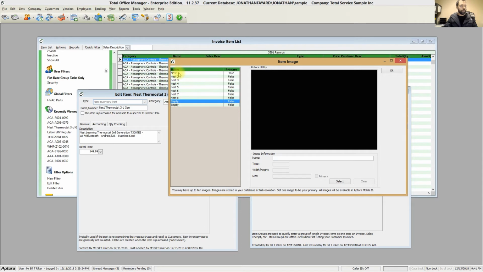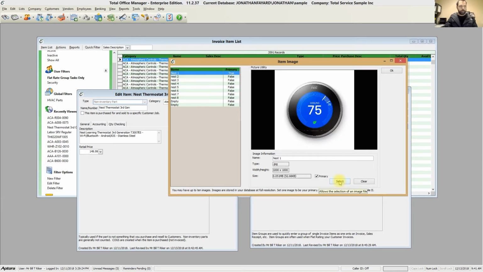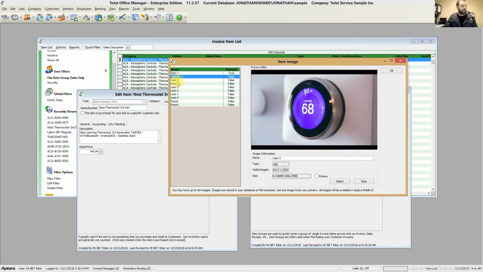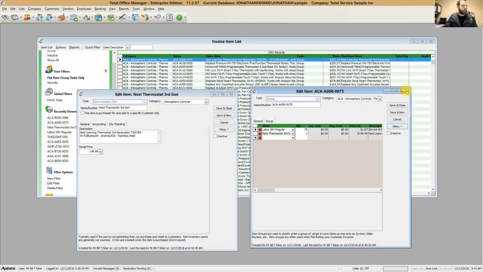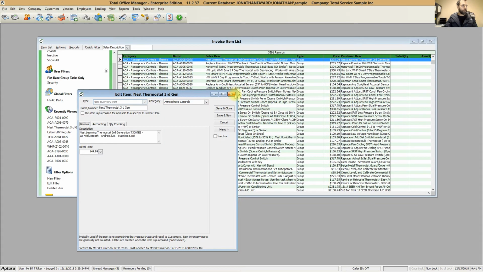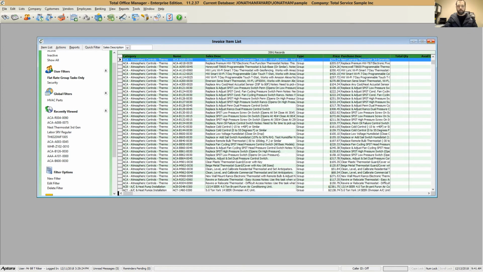So just go to the top one, hit the select button right here, and go find the image that you need, and then set whichever one you want to be the primary, and then just move on to the next and keep adding more images, and you can do a total of 10 images. And then once you're done, just hit the OK. And then now I can close out of these and close the invoice item list,